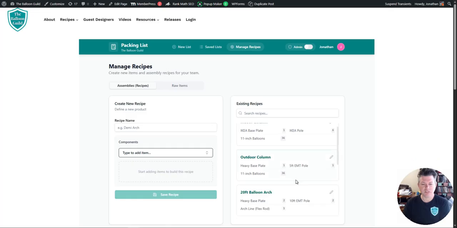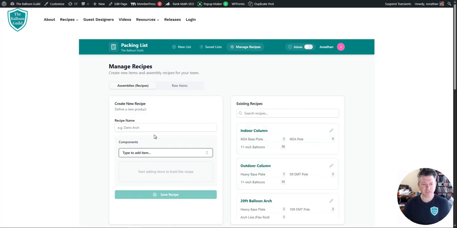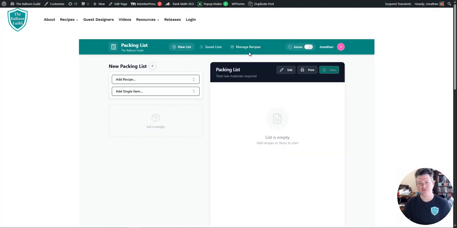But either way, once this stuff is done and those are saved, you can also create new recipes as well, where you just add components and give it a new name and hit save. It'll pop up over here. Now when you go to new list, since you have recipes in there and items in there, you can have your single items as well. So if I wanted to start with